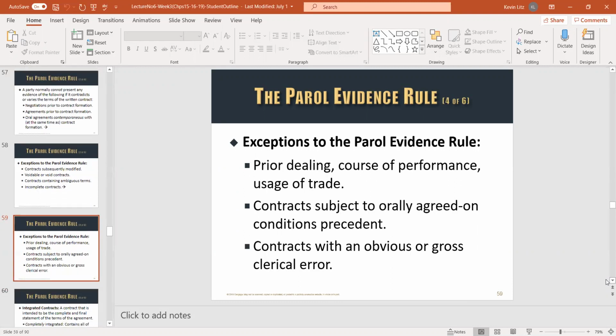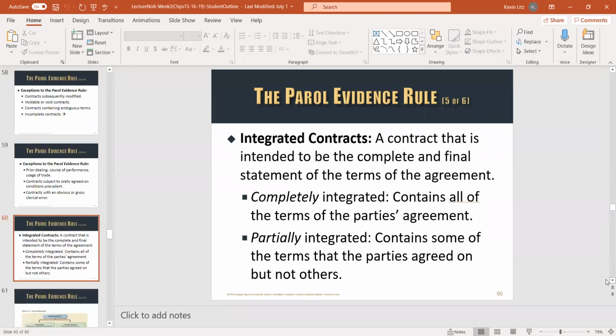The judge also at times may look at, gee, I, Kevin, have a business and you've been selling me parts for the things that I manufacture for 20 years. And we're arguing over a contract in year 20. Well, the judge might look back and say, over the last 20 years, this is how they've done it. So this is how I'm going to interpret the contract. You can see the other issues.